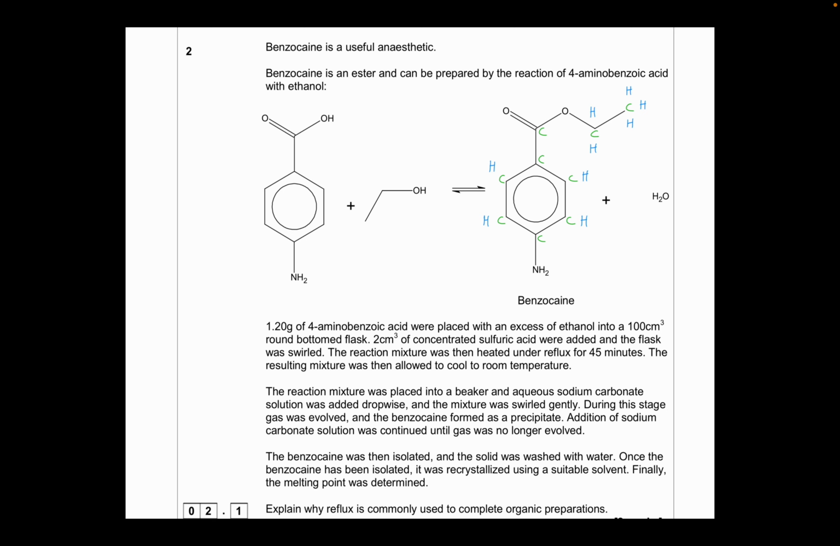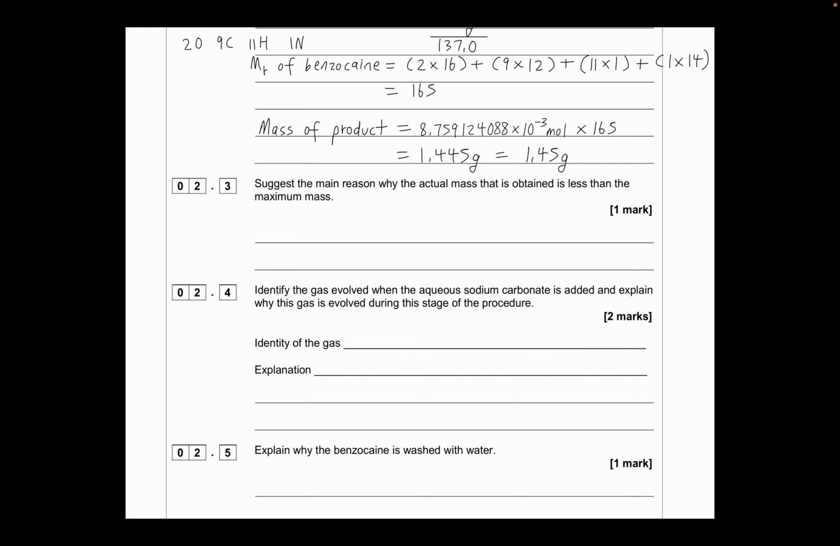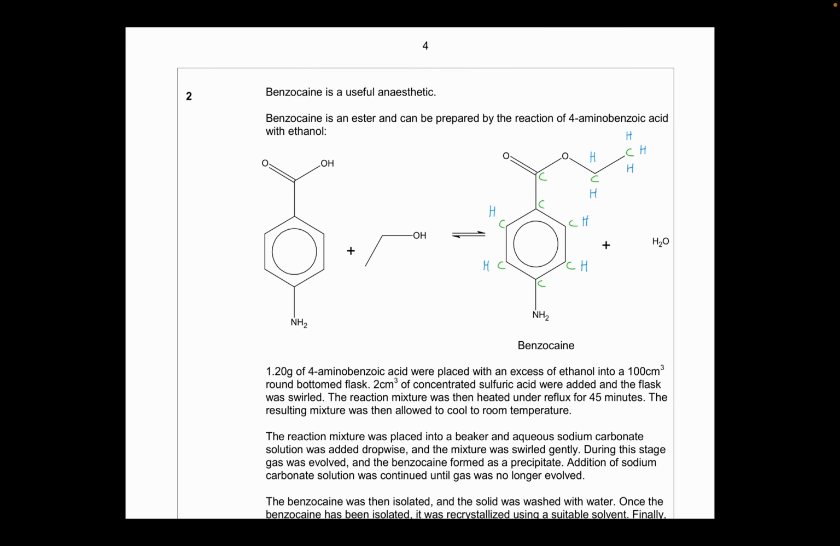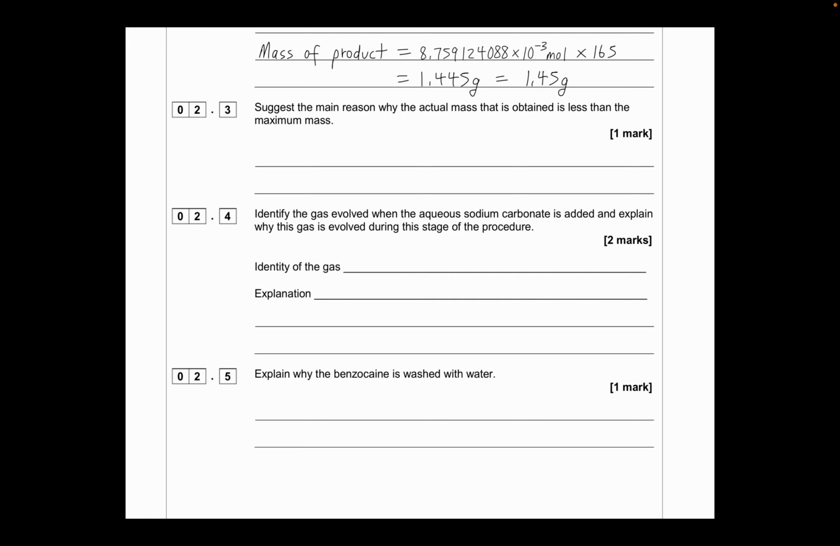I've just shown the diagram so that you can clearly see where the hydrogens, nitrogens, carbons, and oxygens are coming from, and how we're calculating the Mr of benzocaine. All right, now the main reason why the actual mass obtained is less than the maximum mass: you can see in this diagram that there's a reversible sign over here. This is really critical to answering the question. So we can write that the reaction is reversible,